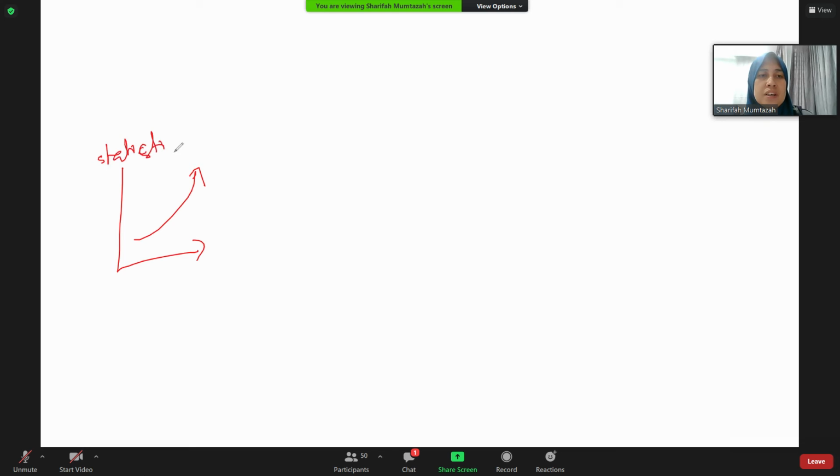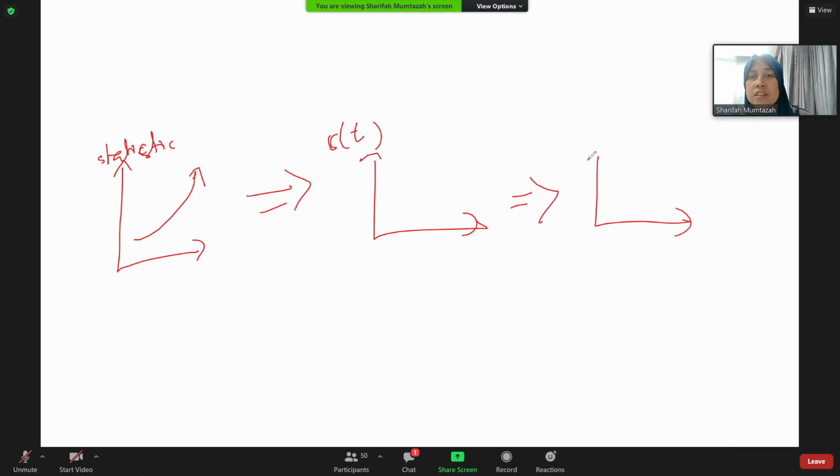From here, you should be able to relate this with the RT curve. From here, you should be able to relate with the ICU capacity curve. And you know when it exceeds a certain threshold, which I think will be very soon, because